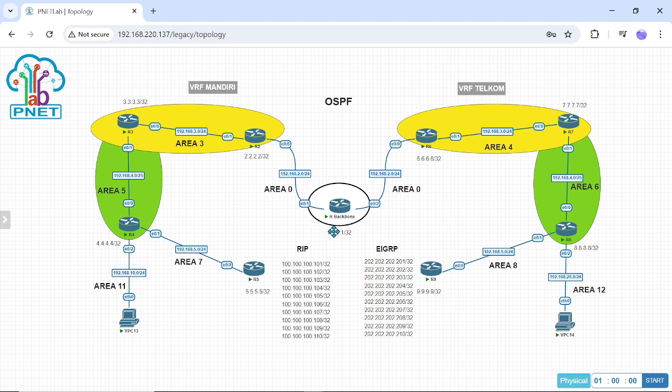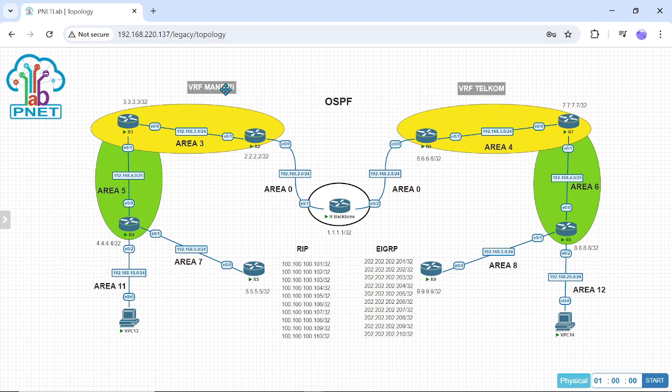In this lab, I set up the VRF configuration for the right side, which I named VRF Mandiri, and the left side, VRF Telkom.